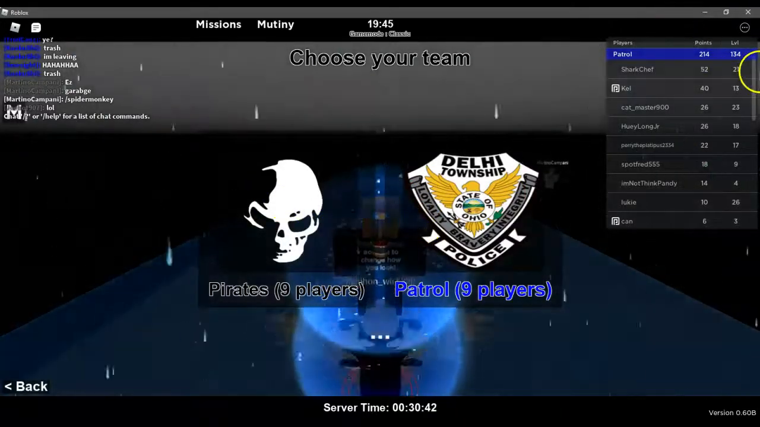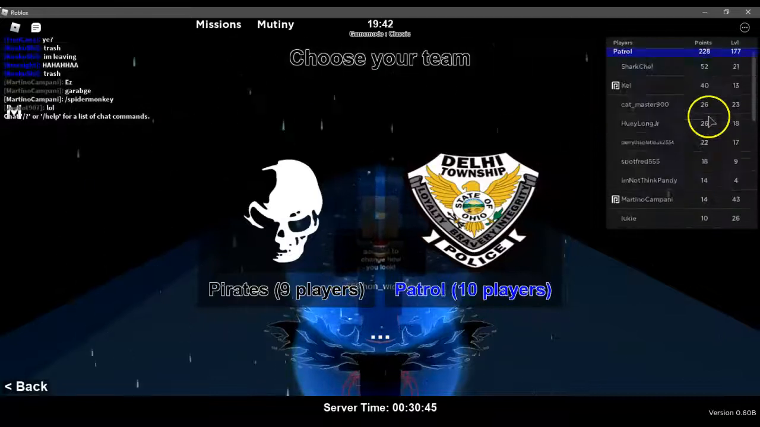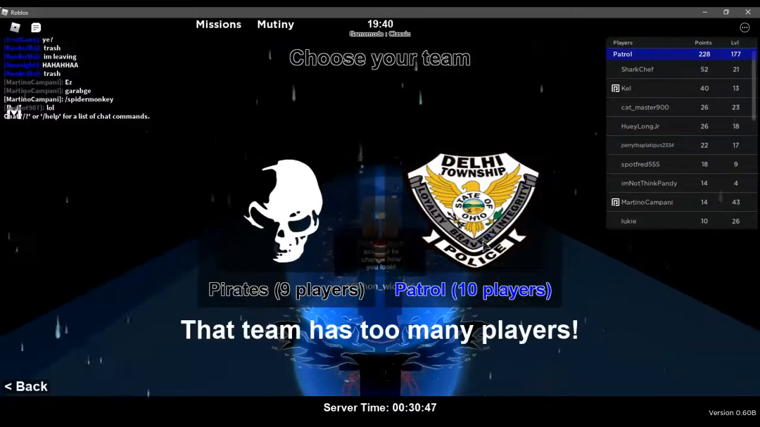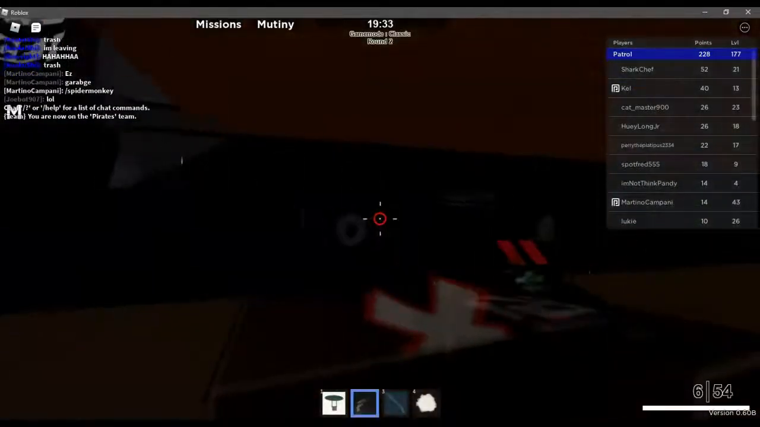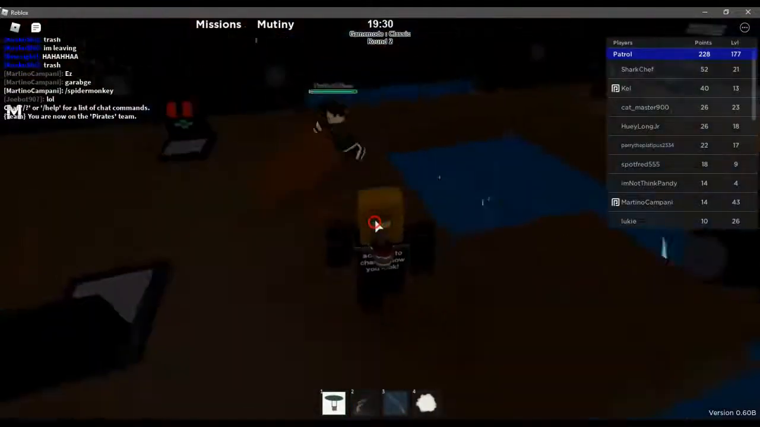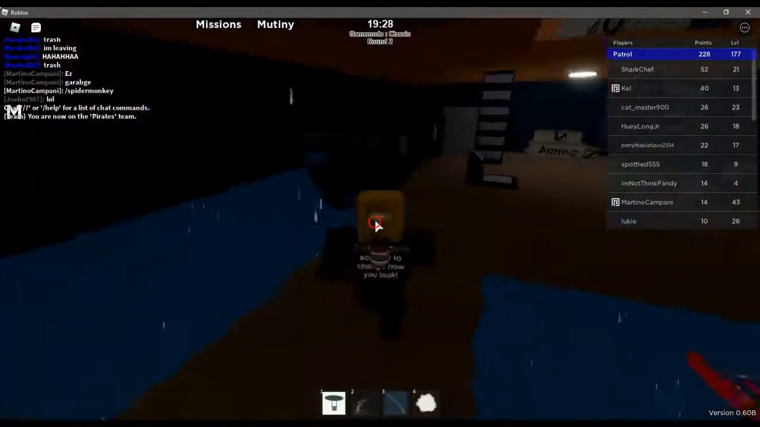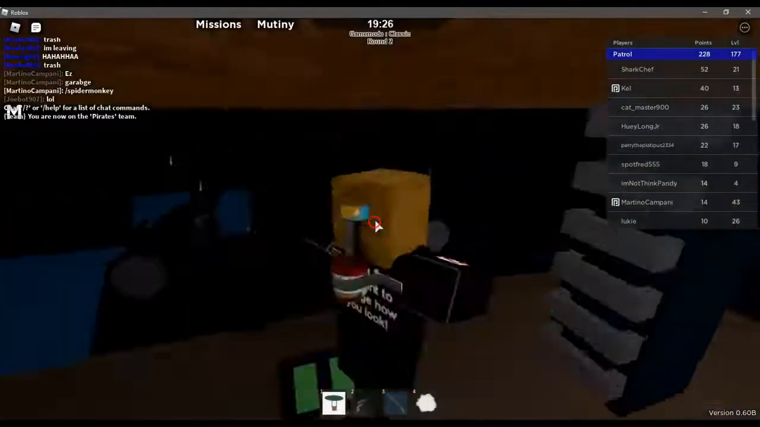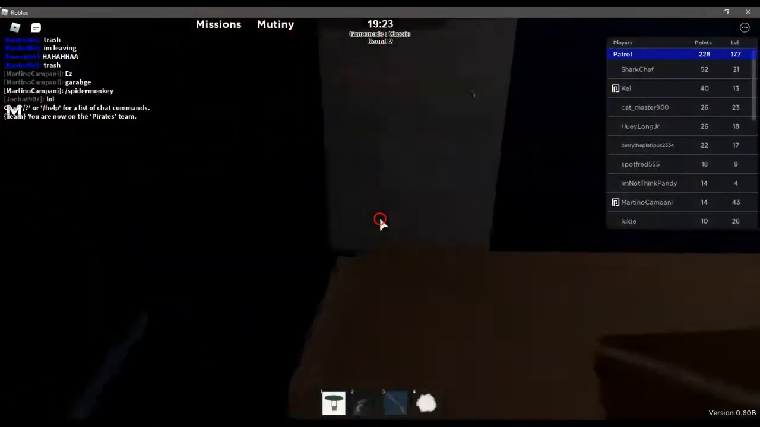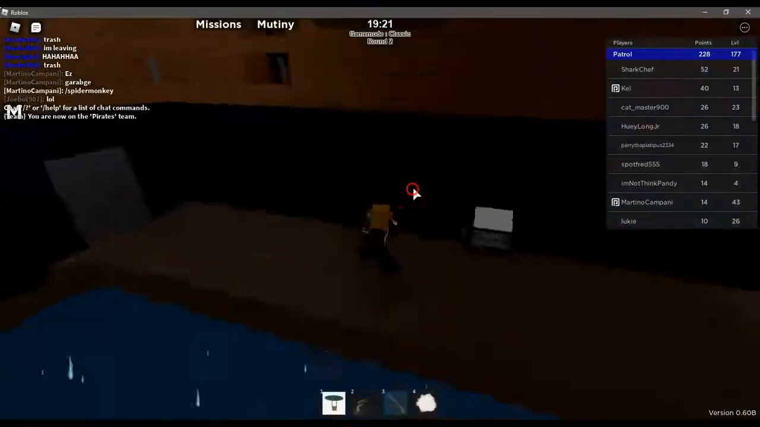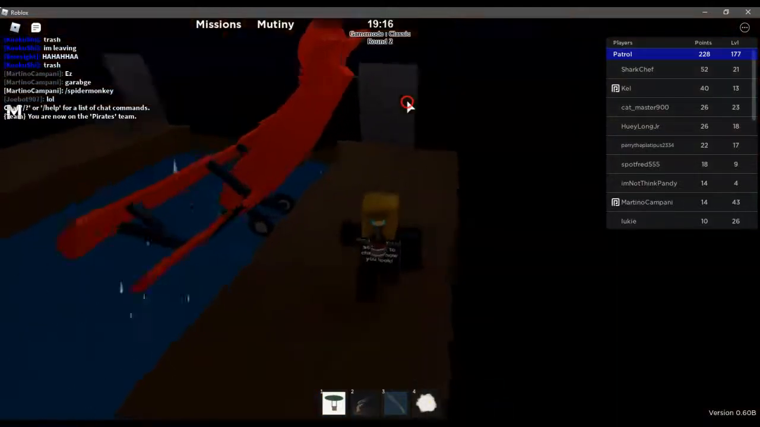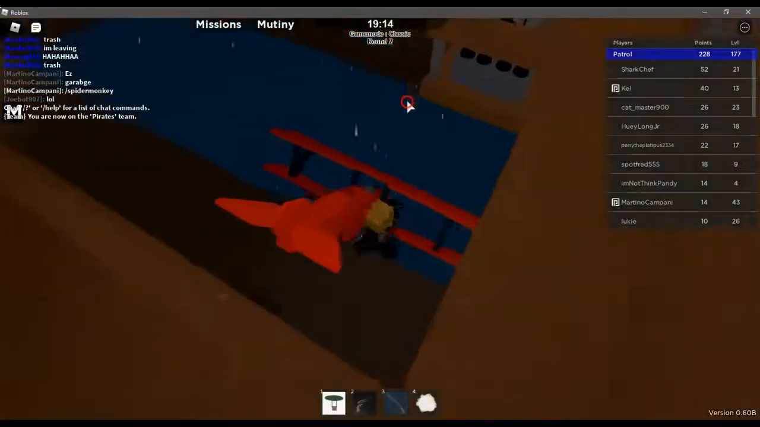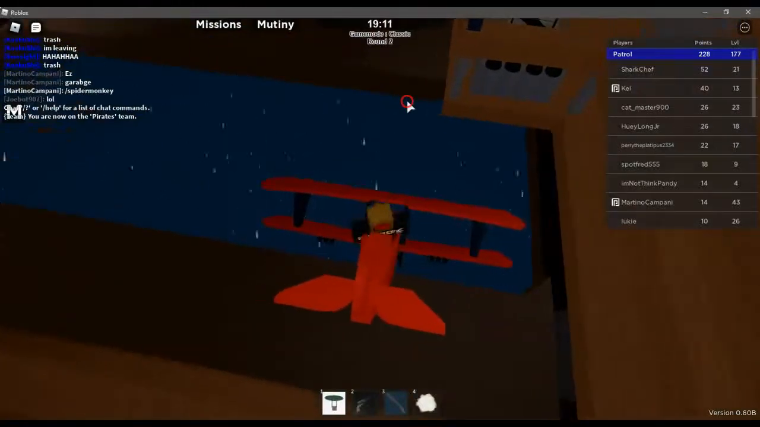So let's see here. Pirates, and if you go here, my computer's lagging. I think the CPU is being throttled, but yeah, it's definitely getting throttled. So if we get a plane here, and if you get in here,